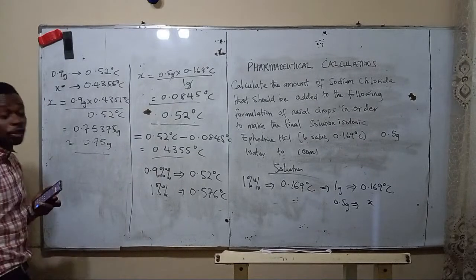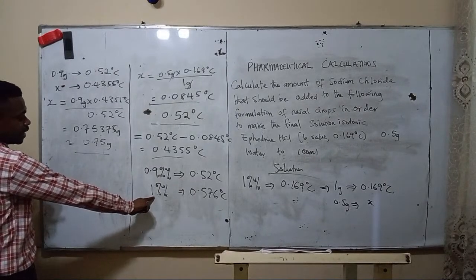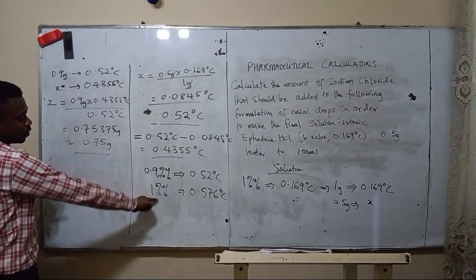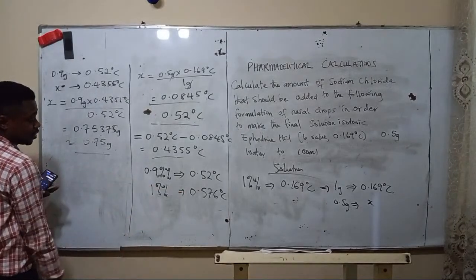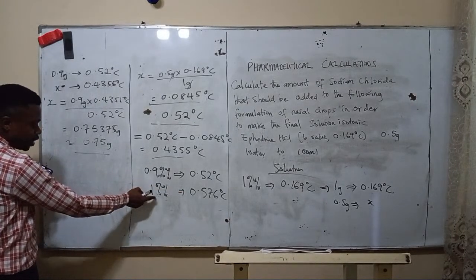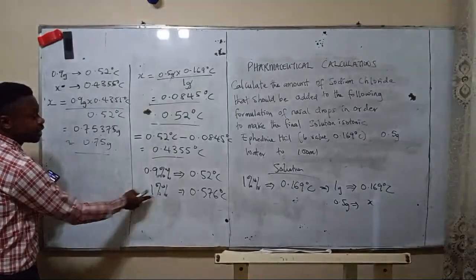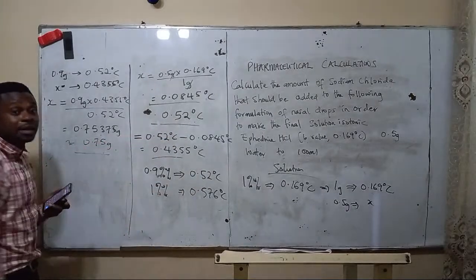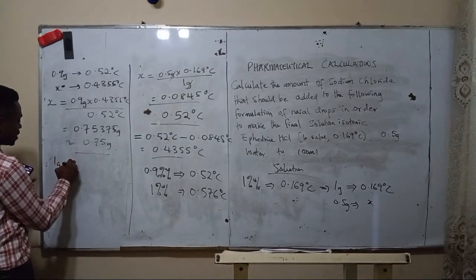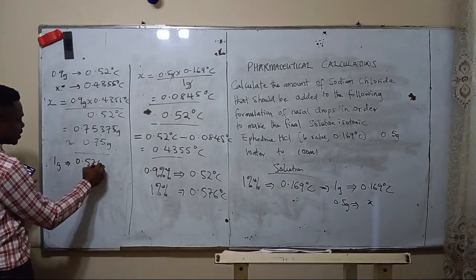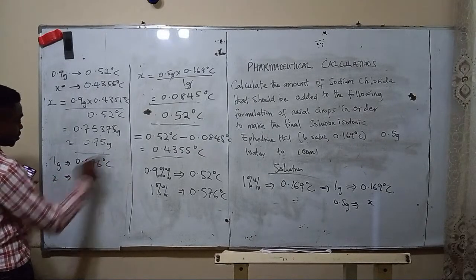Let's work with this and see what we come up with. Remember, this 1% weight in volume, this is the B value of sodium chloride. Remember, 0.576 degrees Celsius. So that means 1%, 1 gram. This 1% also means 1 gram in 100 ml. That means 1 gram of sodium chloride in this 100 ml depresses by 0.576. So if 1 gram of sodium chloride depresses by 0.576 degrees Celsius, how many grams of sodium chloride X would depress by